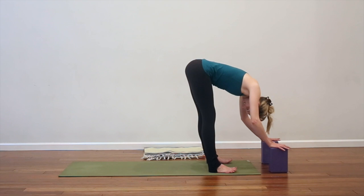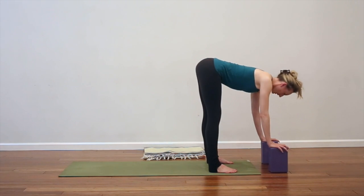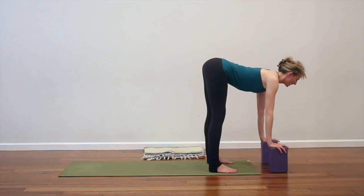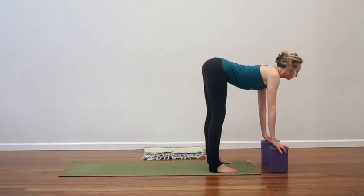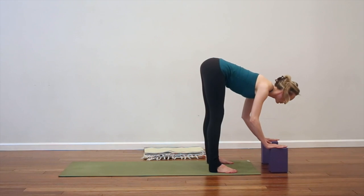So inhale, press into the blocks. It's really simple, but it's a really profound hamstring stretch. You're going to inhale, glide the shoulders down, and don't crane the neck, but just think of that space between the collarbones shining forward. And then as you exhale, keep pressing into the blocks to keep the shoulders gliding down